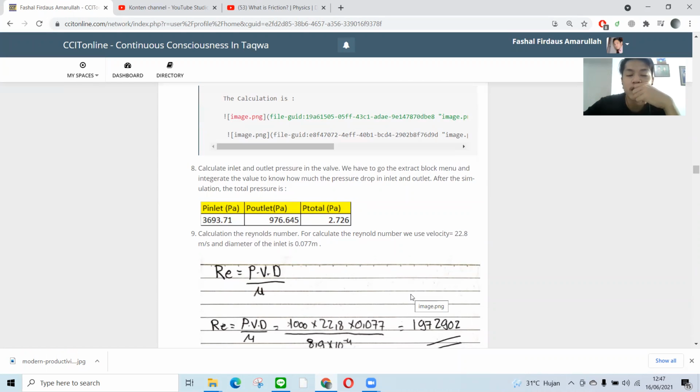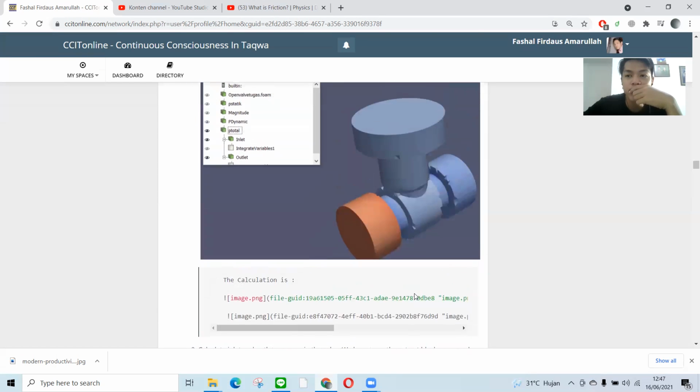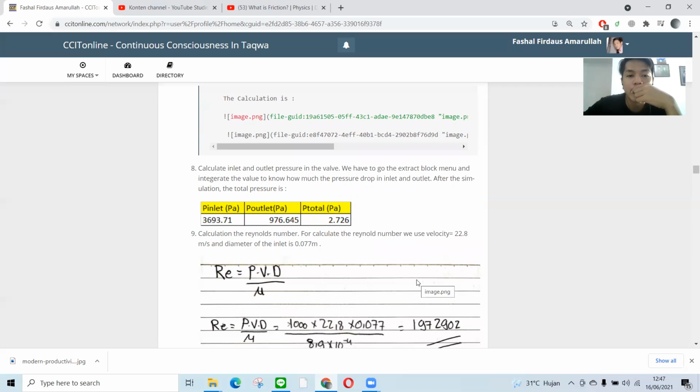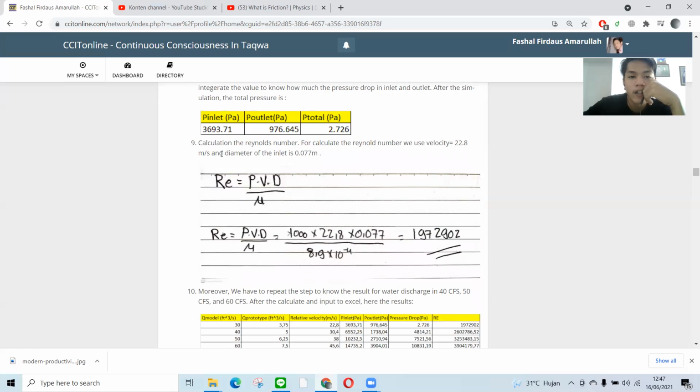After the simulation, the total pressure we got from the ParaView equation at the inlet is 3693.71, and at the outlet the total pressure is 2070.26. Afterward, we calculate the Reynolds number.